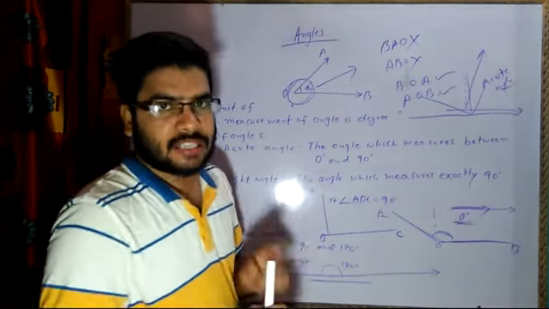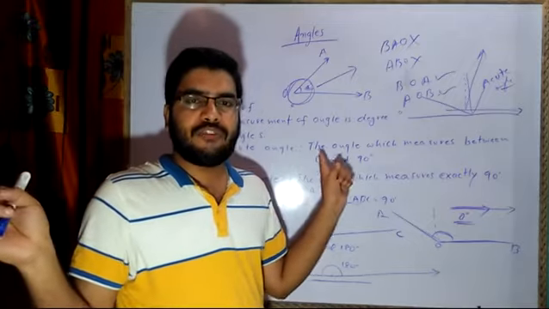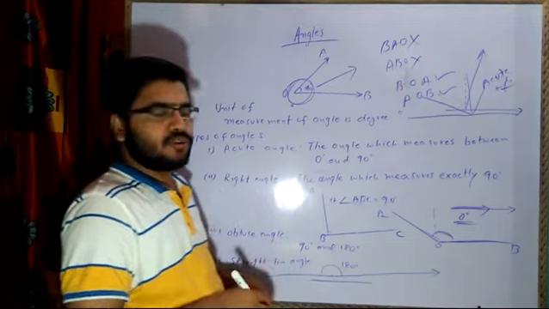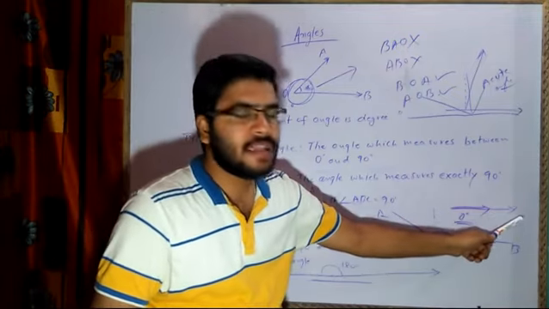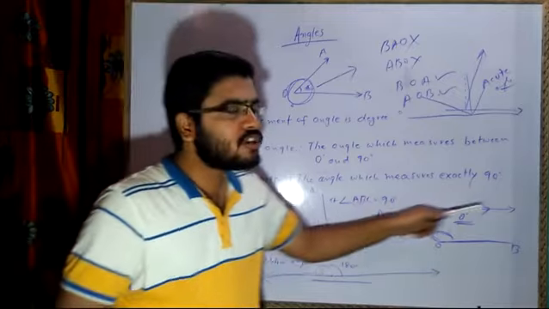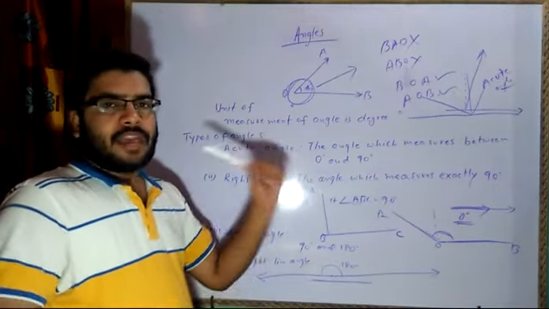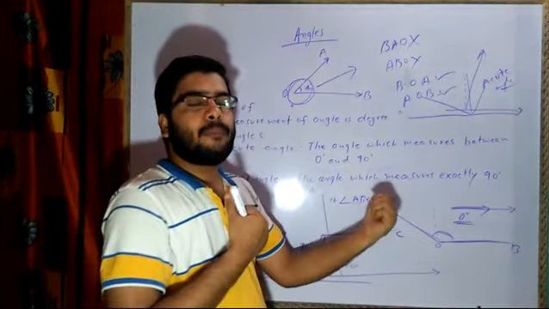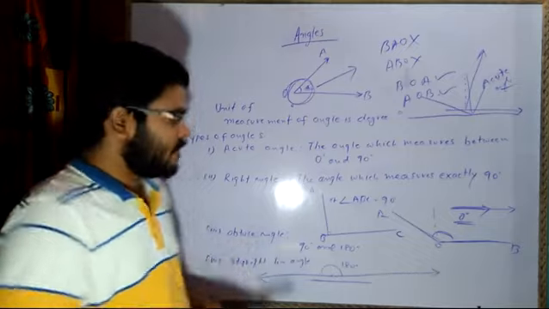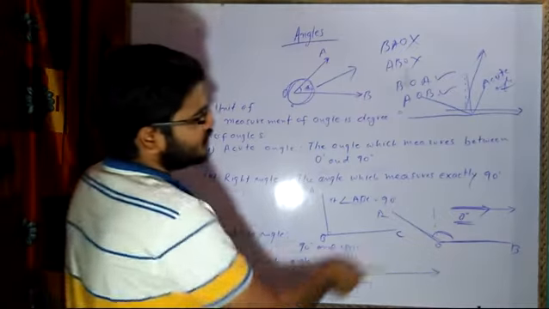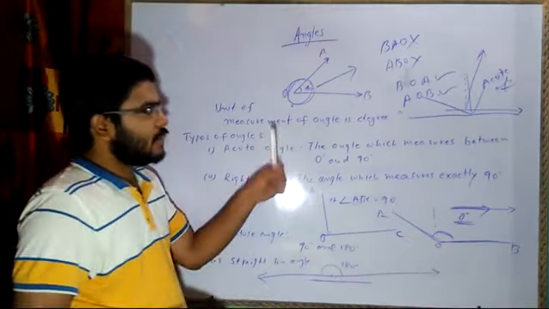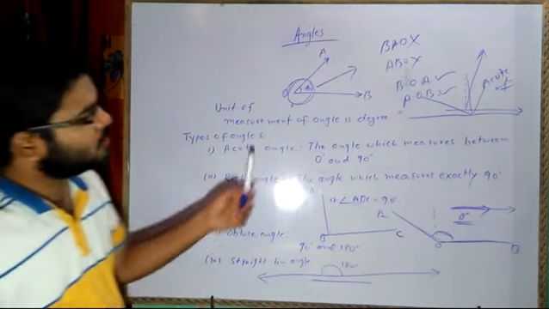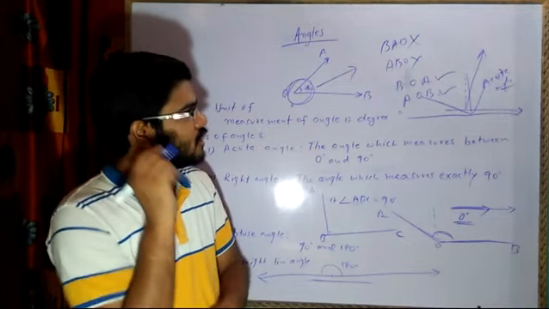And if two rays are extending towards infinity in a straight path, then the angle formed will be 180 degree. Understood? So 0 degree means they both are lying on each other and they are moving towards one direction. 180 degree means they are not lying on each other, but they are moving towards opposite direction and possess the same fixed point. So these are the values of the different types of angles. I hope it is clear, and I don't think anything more is required in case of angles.